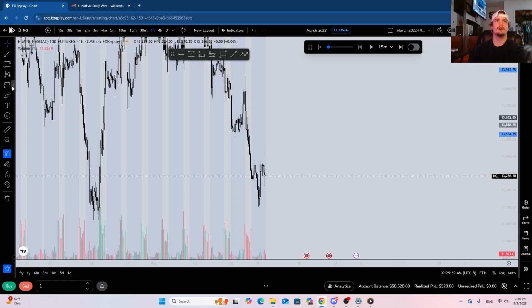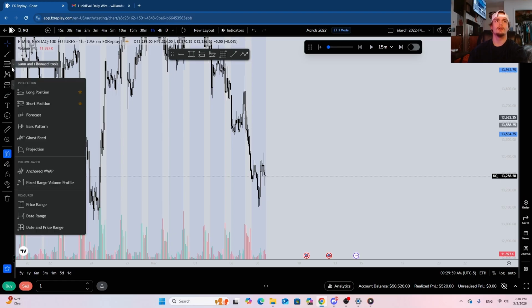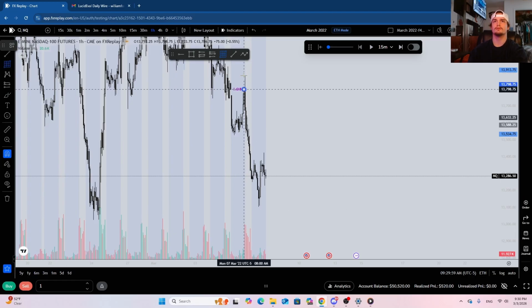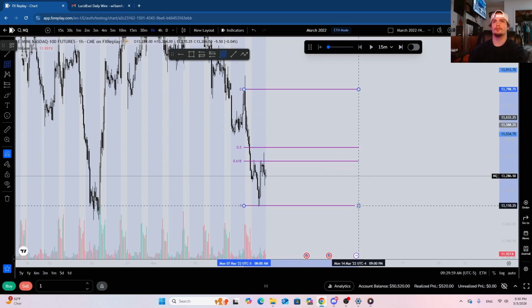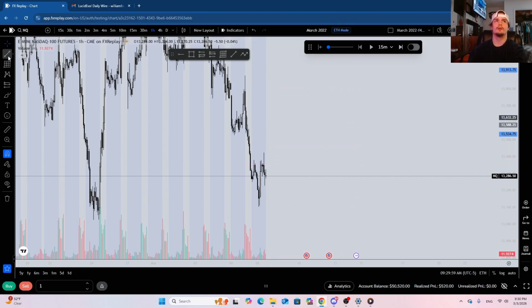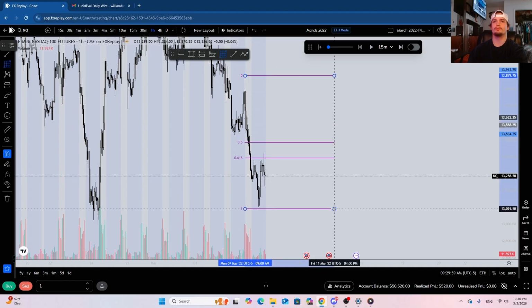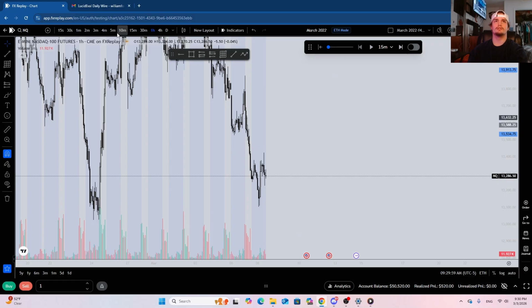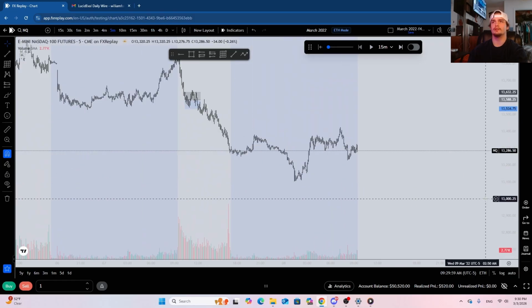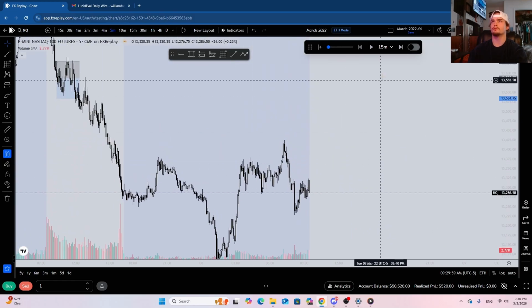Let's see. I don't have my fib tool set up actually. Maybe my GAN box is. Yes, it is. So now we're not quite in equal. Oh, actually, we might be in equilibrium. Oh, so we came to the 0.618. Let's just see what price does here. I'd like to resweep these highs up here and then continue lower because we have not reached equilibrium yet.